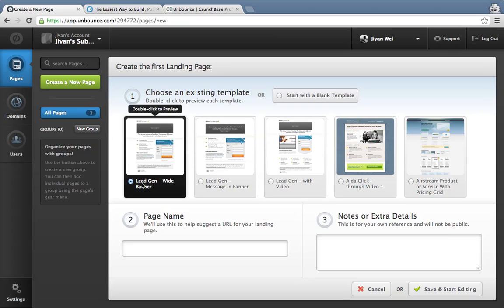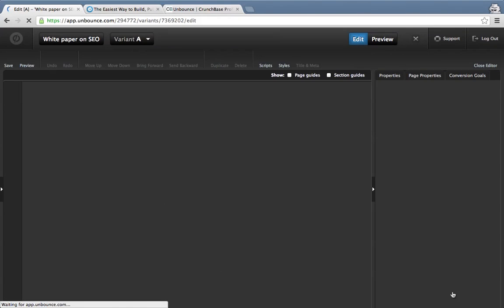So I'm just going to stick with this wide banner lead gen, and let's say I'm going to be running a white paper marketing campaign, white paper on SEO. Everyone loves white papers. Notes or extra details. This is for your own reference and will not be public. Okay, I'm going to go ahead and save my page, and I'm assuming it's going to create